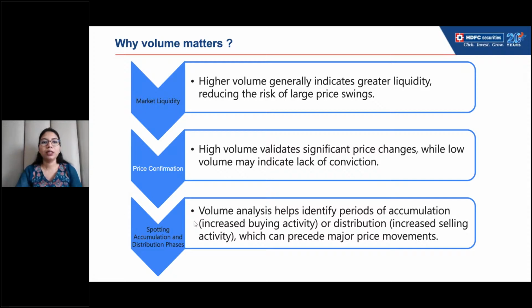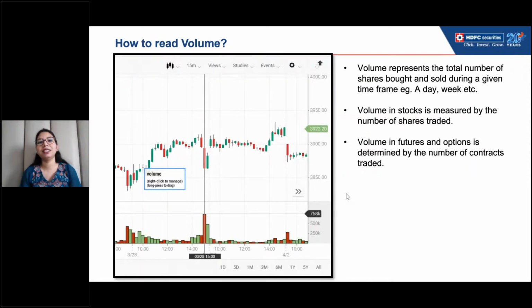Okay, so this is how volume is very important whenever you are participating in the market, even if you are an investor or a trader, it does not matter. So how to read volume? First question, correct? Now if you can see this particular screenshot, ये जो candles है ये अपने price के candles है,